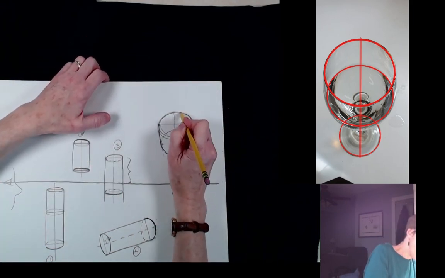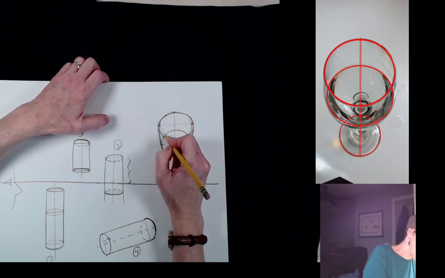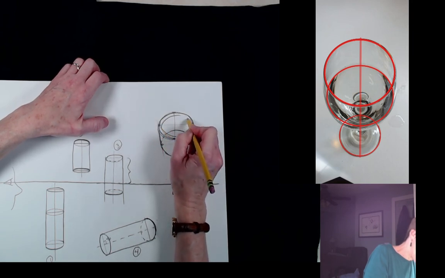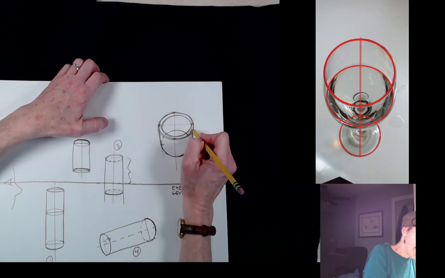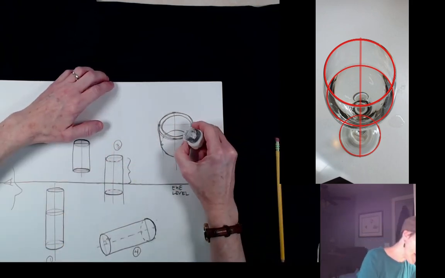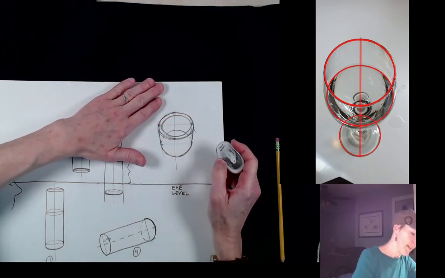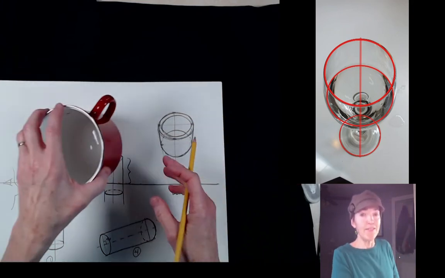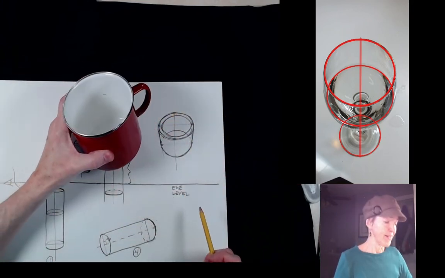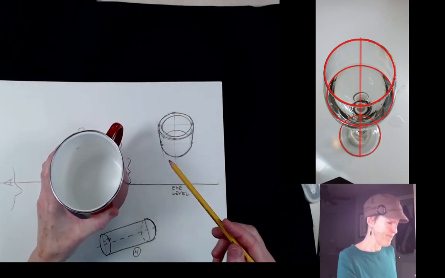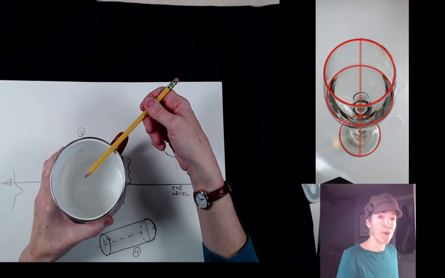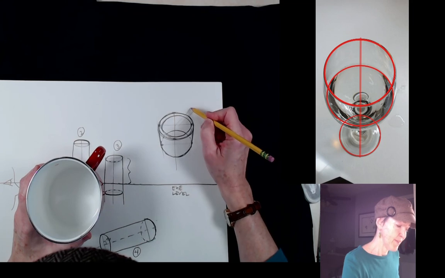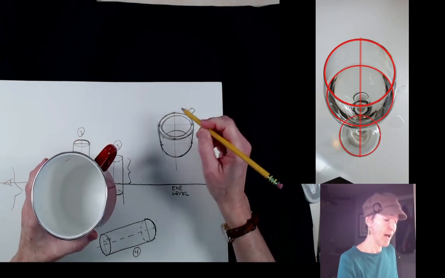And then if you want to show that the object has some thickness to it, like it's a ceramic mug, you might come in with a second ellipse inside the first one. And again, you can lighten the lines that might be confusing things where you want it to appear more transparent. But that's a pretty simplified object. Let's say you do have an object that has a handle on it. I usually try to imagine that the handle is aiming right toward the center of the object. So in your sketch, if you can think about where that center is and work out from there, that often will give you a good start on this top part of the handle.